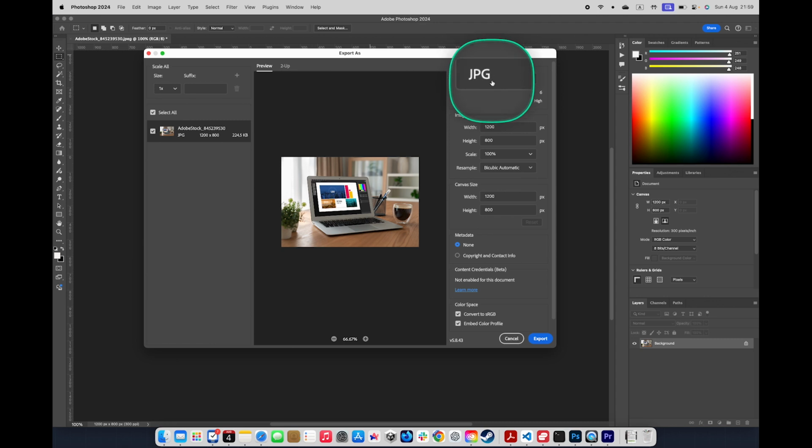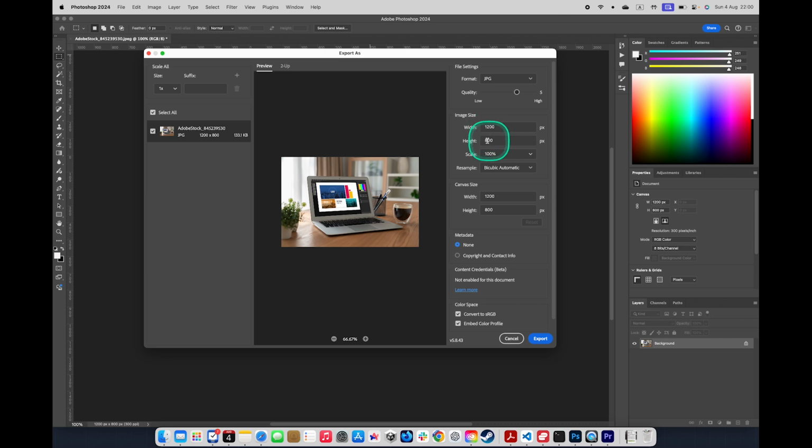We probably do want it to be a JPEG. Maybe we could convert it using some sort of tool to a WebP format. We won't bother with that for now. That's sort of a slightly more advanced topic. I'm just going to drop the quality down a little bit. In other words, compress it more so that the file size is smaller. Now that does mean a drop in image quality,